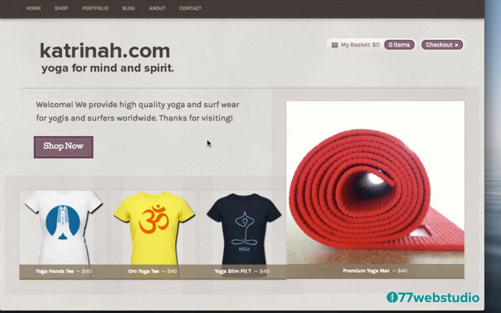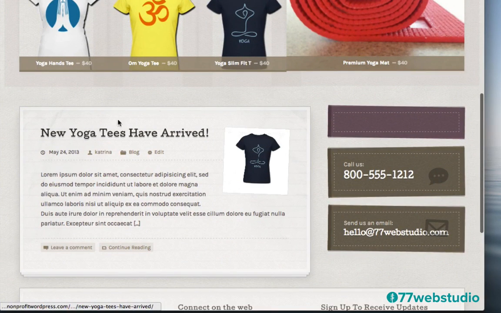Next, we see on the home page you'll have your featured items here for your product catalog, so different featured items will show up on the home page, and then underneath that you'll have one blog post, your most recent blog post, followed by on the side a sidebar with some contact information, so your phone number, your email address. Also note that this home page is customizable, so if you prefer to have this sidebar on the left-hand side, you can do that as well, and I'll show you how to change the configuration of these two boxes in the video.